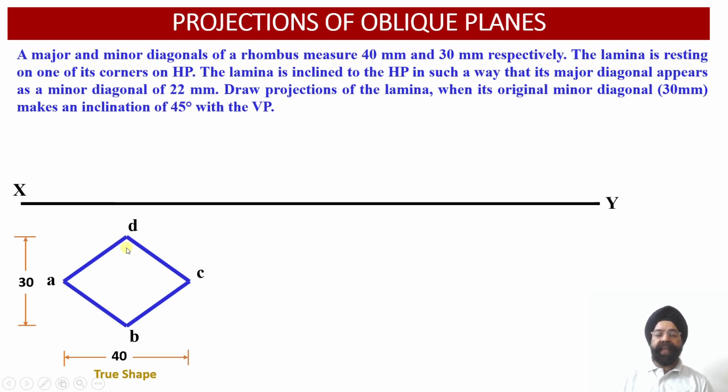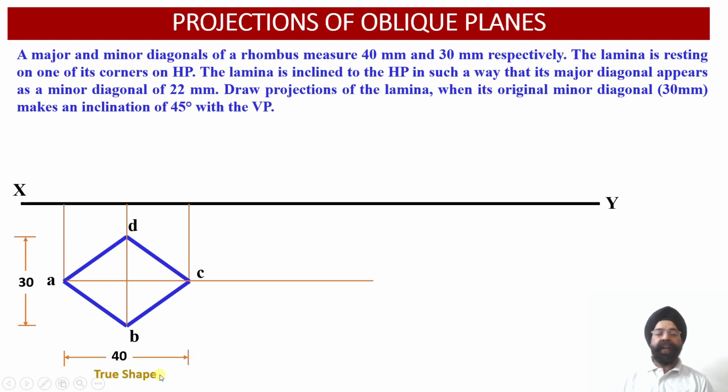So the minor diagonal is the diagonal BD as it appears to us in the top view, and the major diagonal happens to be AC, which is measuring 40 millimeter. So now we have shown both the minor diagonal as well as the major diagonal. Now, having located this rhombus lamina into the top view projection, we have to obtain the front view projections of this particular lamina. So the true shape of this lamina has been drawn into the top view projections on